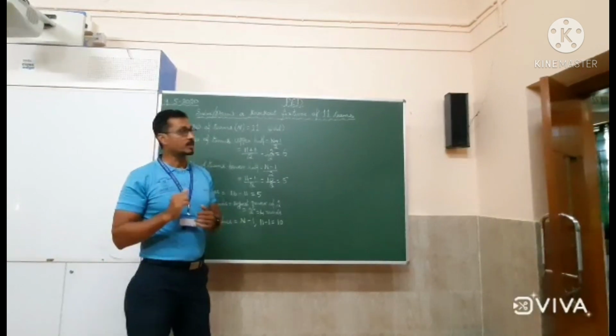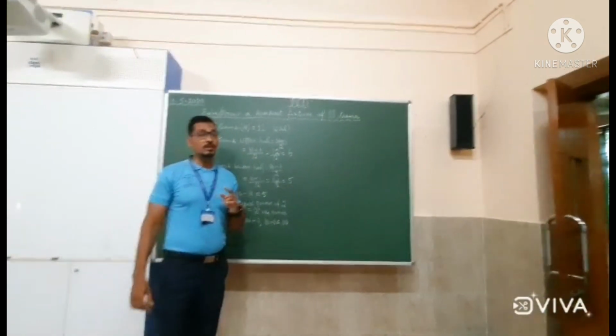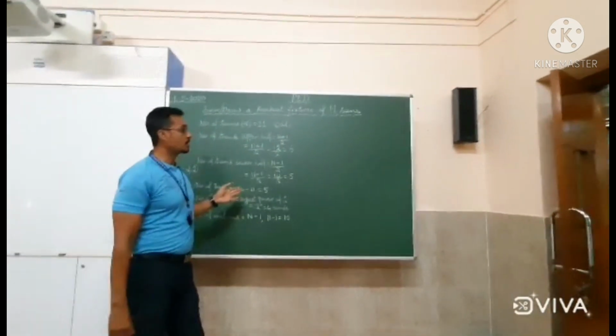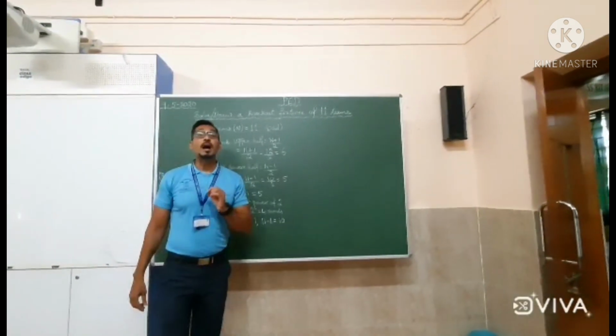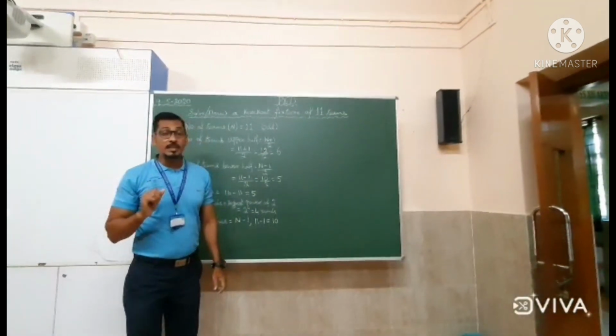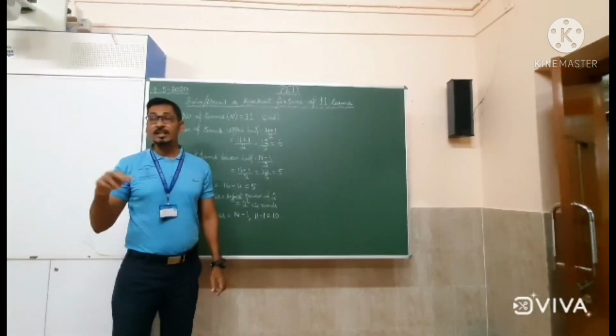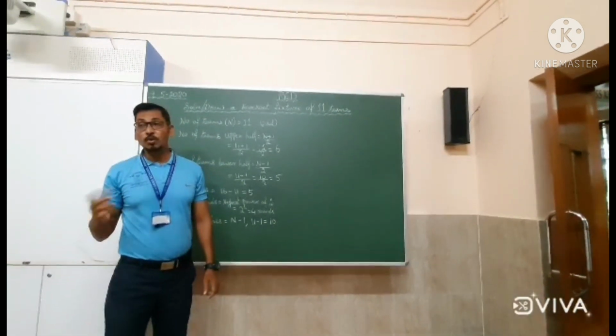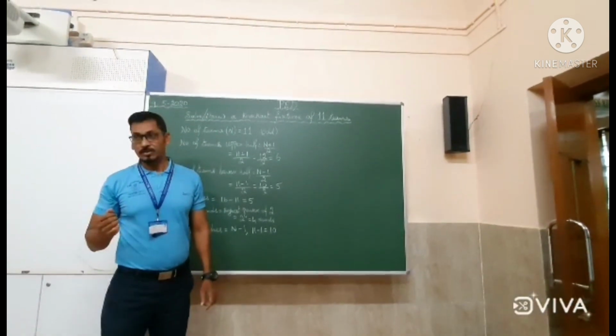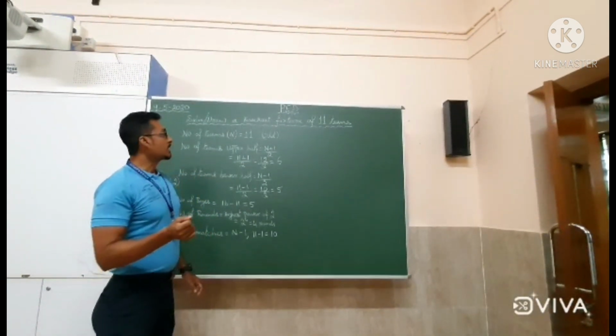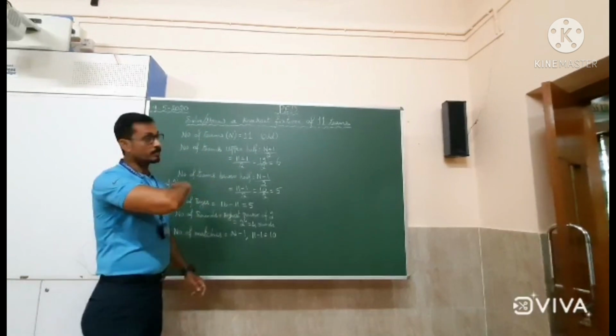That's the fixture. One more thing you must know before solving this problem: you must know the meaning of bye. Here bye means a privilege given to a team who does not play the first round. Directly they play the second round. It's a privilege. They don't play the first round, they play the second round. So, let us solve this problem now.